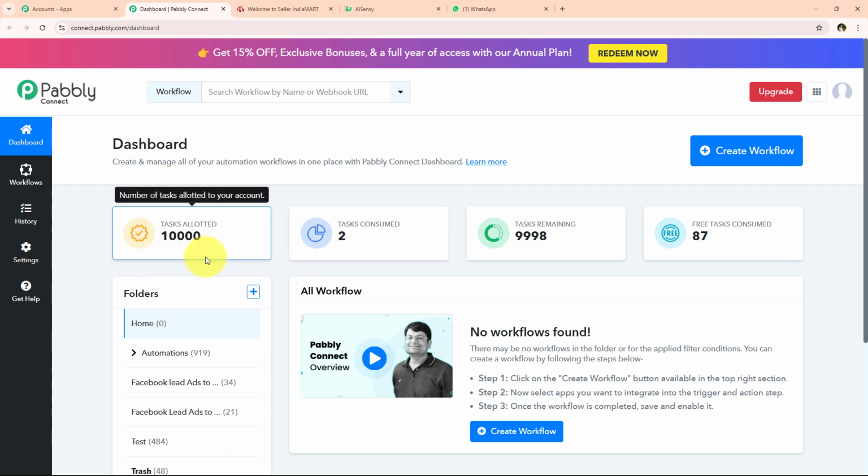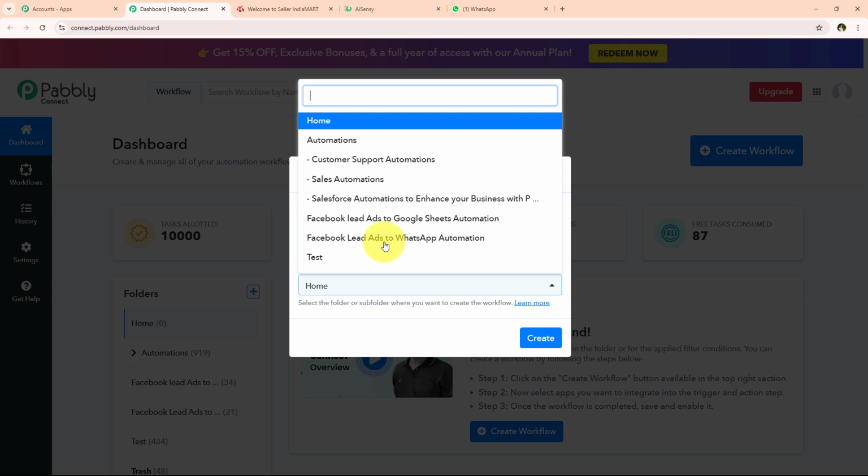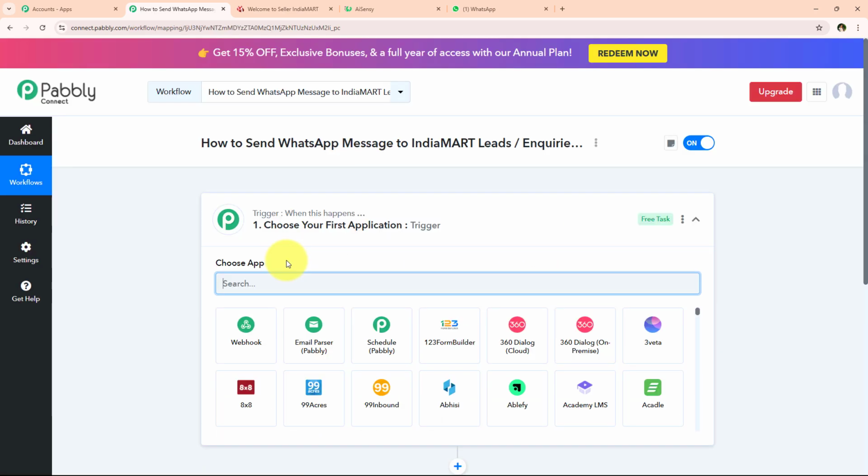And to start with this automation, we have to click on this blue button which says create workflow. And now it is asking me for the workflow name and the folder I want to save the workflow in. So here I want to save the workflow in this folder which is automations, and I want to name my workflow as how to send WhatsApp message to IndiaMART leads and inquiries for garment business. And then we are going to click on create, and as soon as we're going to click on create,